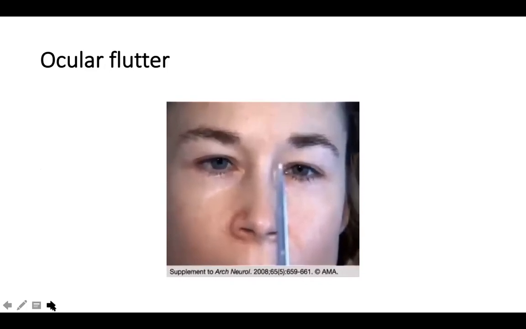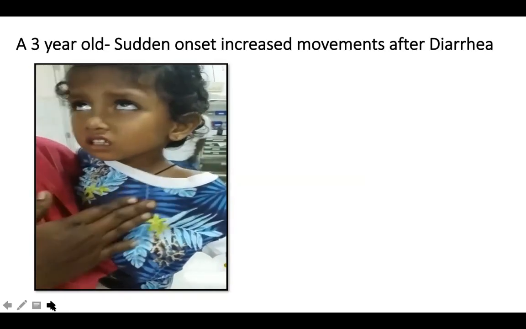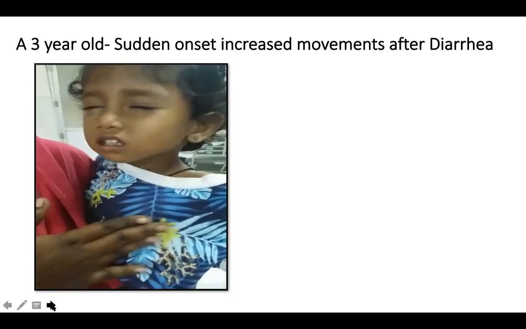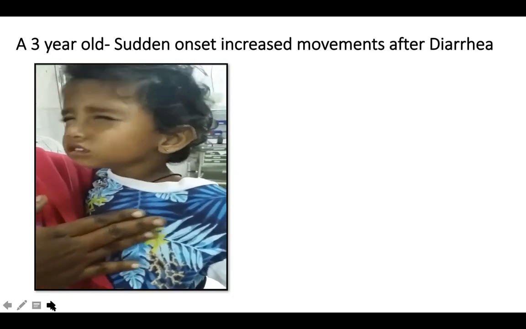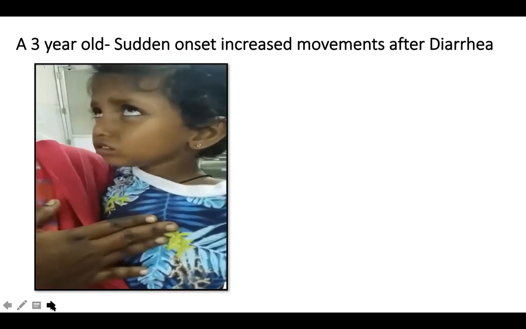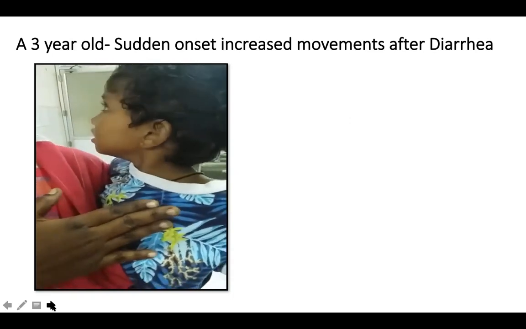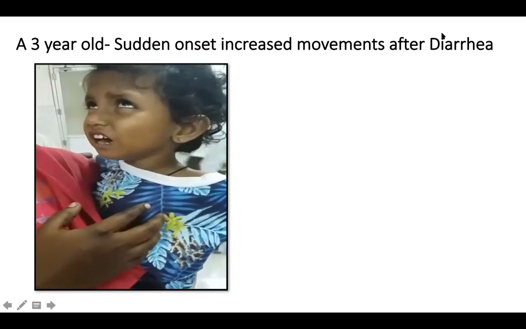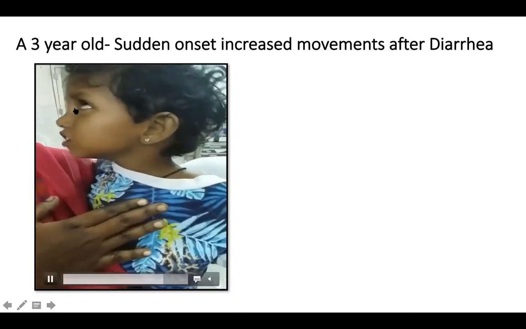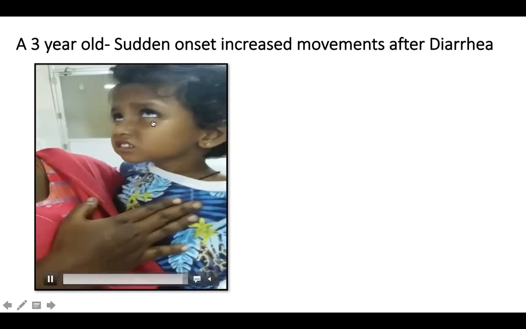This can precede myoclonus. With this sort of sudden sustained, unusual eye movement with uprolling, we can think about seizures, but the child is very conscious, aware, and photophobic. This sort of sustained eye movement is a hyperkinetic eye movement disorder called oculogyric crisis. Here the child, after diarrhea, was given metoclopramide and had this sustained and persistent uprolling of the eyes. So it's not a seizure, though it can look like a seizure.